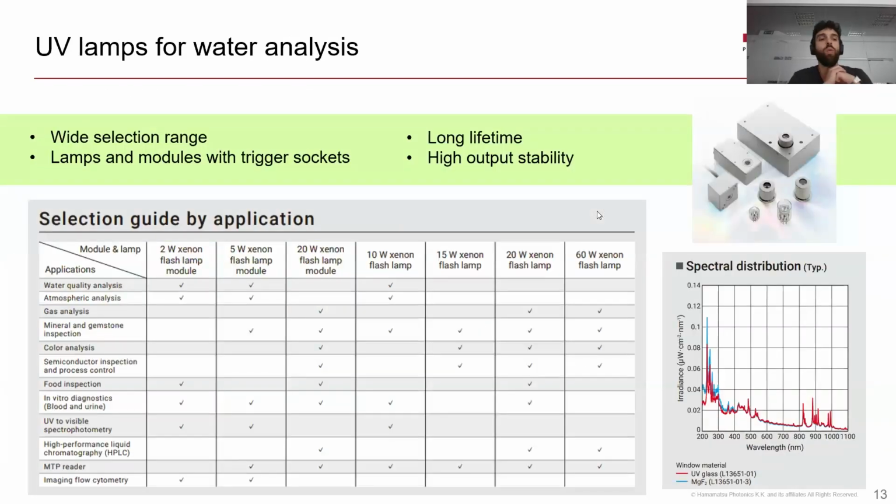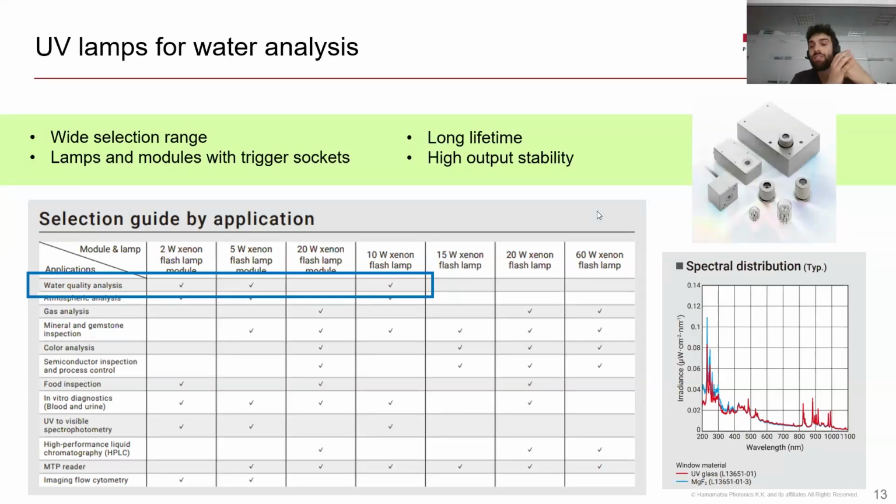But at Hamamatsu, we do not only offer detectors. In fact, before detectors, we offered lamps, which is a traditional technology that we've been supplying since a very long time. And specifically for these applications of water quality analysis, we talk about xenon flash lamps. So xenon flash lamps are glass or metal bulbs filled with high purity xenon, which emit a broadband light in